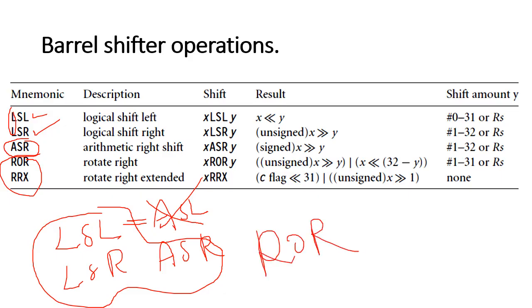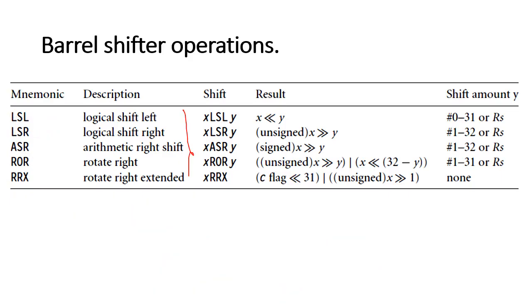You should know that the barrel shifter does not support left rotate operation. So one it supports is rotate right. One is rotate right with extension, that is nothing but what in computer organization we have studied as rotate with carry, rotate right with carry. Okay, so rotate right and rotate right with carry, these are the 5 operations supported by the barrel shifter.